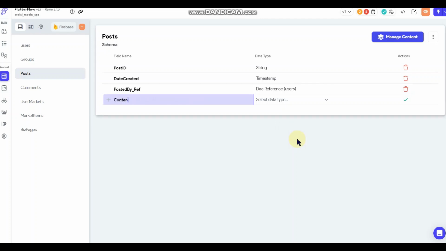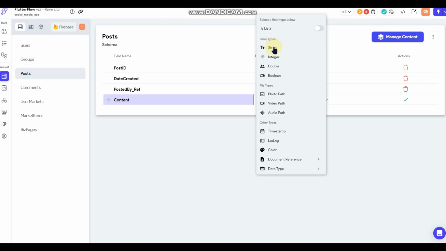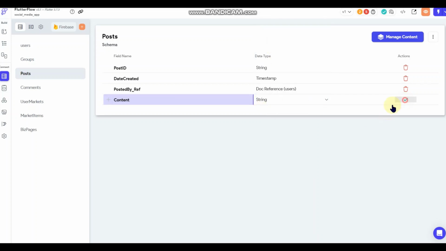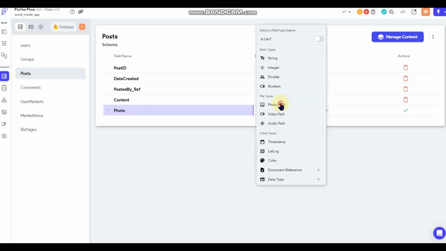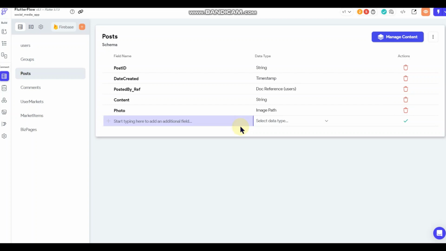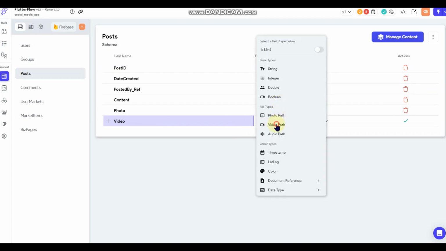And then we'll do content. So that'll be written content, so the text of the post. And we'll do a photo, or if they want to upload a photo to it. Same thing for video. Video path.